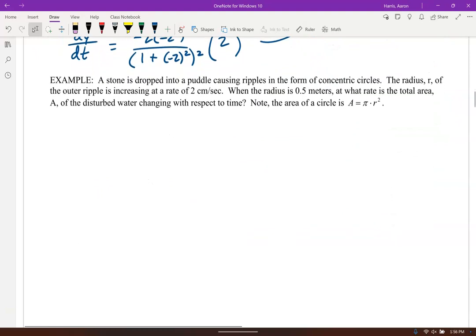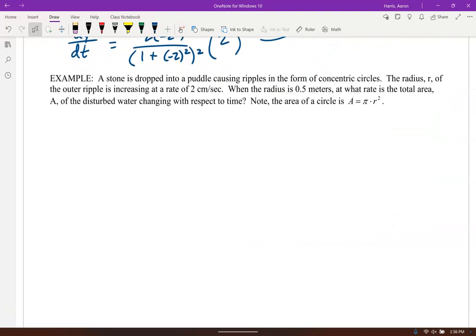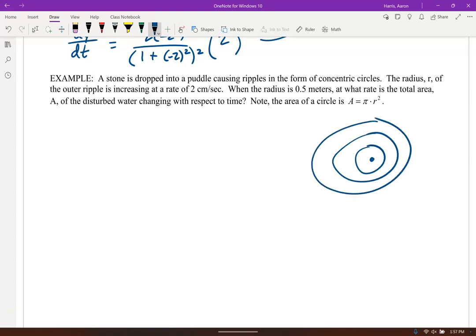Let's do another one. A stone is dropped in a puddle causing a ripple, right? So a stone's dropped and it's getting these ripples, right? It's going bigger and bigger ripples. I didn't draw those very good circles. So the radius r of the outer ripple is increasing, right? So if you can imagine, let me erase the inside of these. Here's our radius of this thing. So the radius r